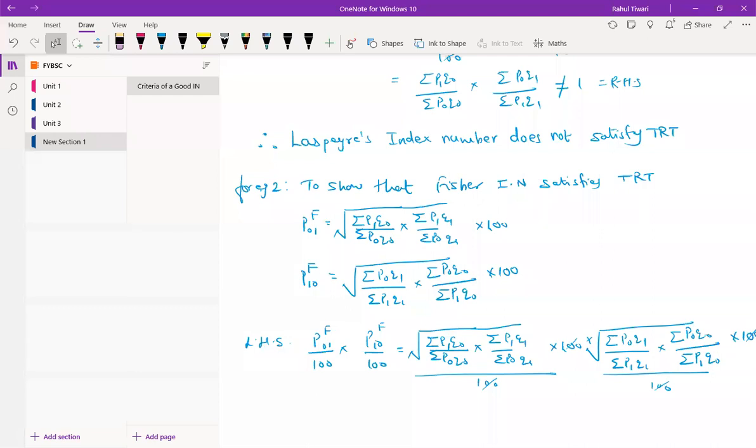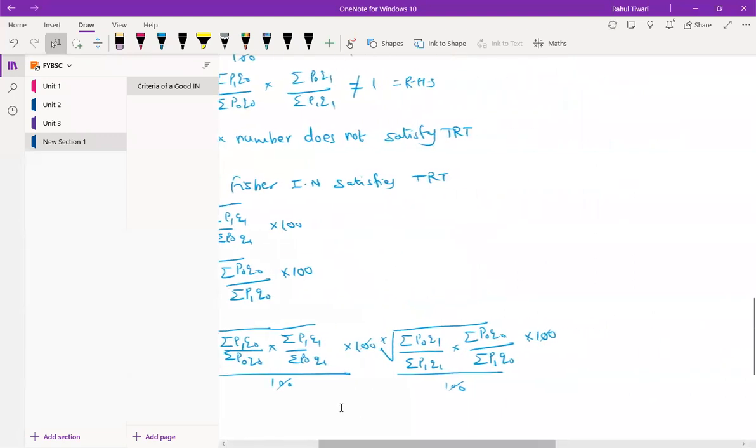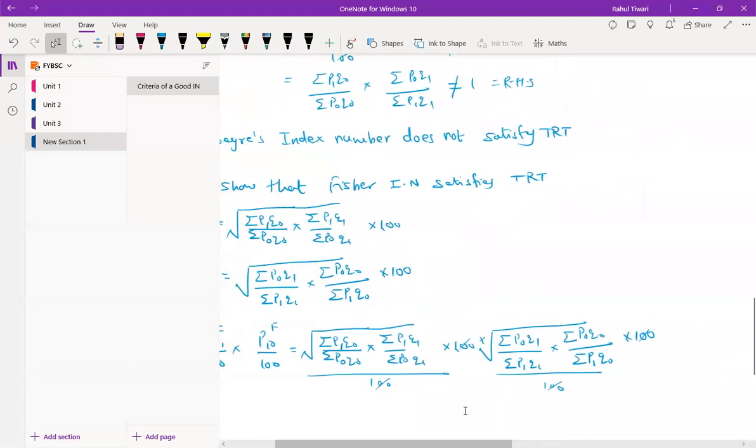If you just look at the variable, whatever the remaining part, just try to say whether it will get cancelled. We have somewhere P0, Q0. Can we have P0, Q0? Can you see this one? This is in a numerator, this is in the denominator. Okay, so it will get cancelled. This one, this one.